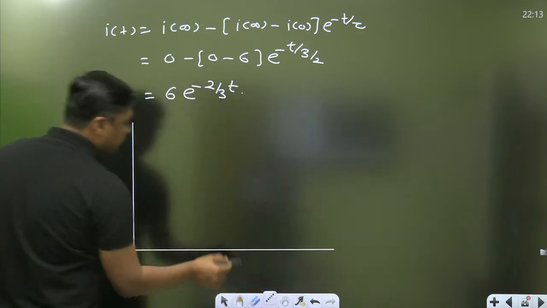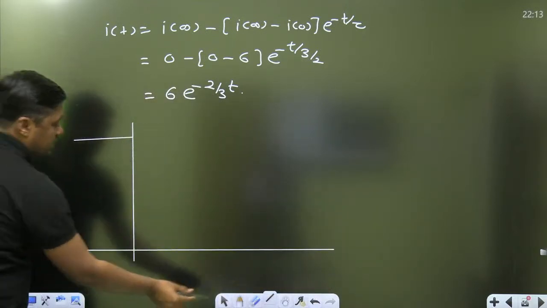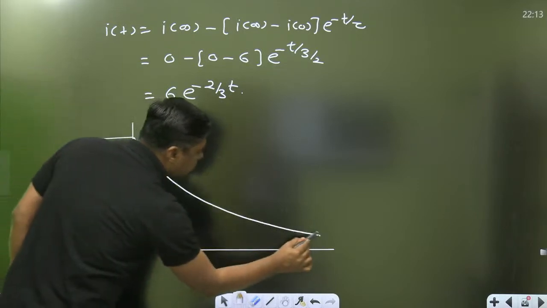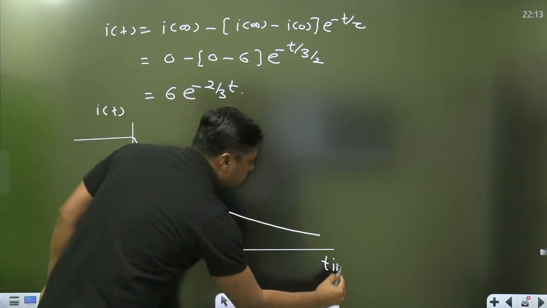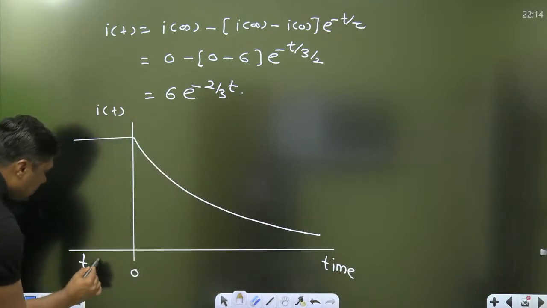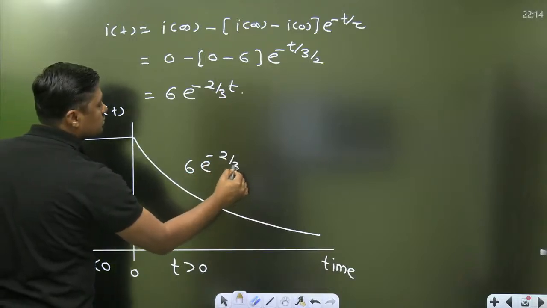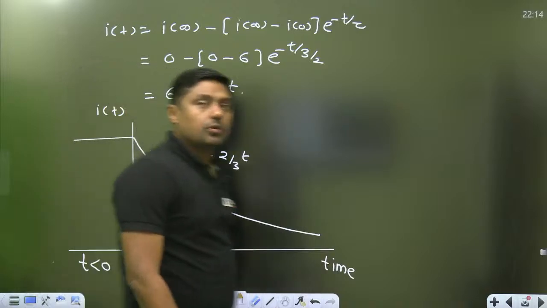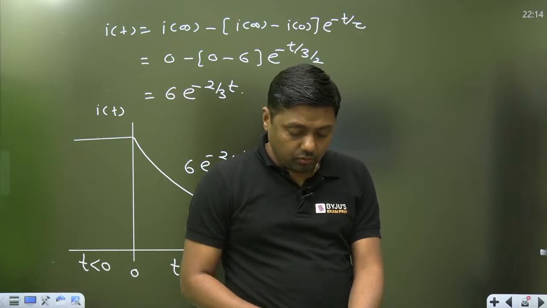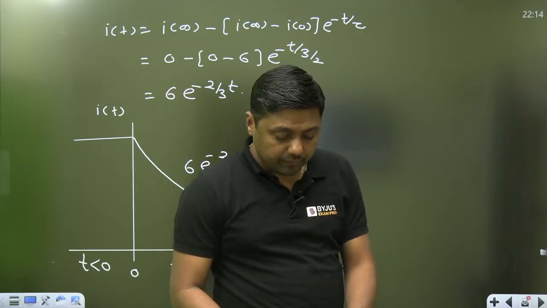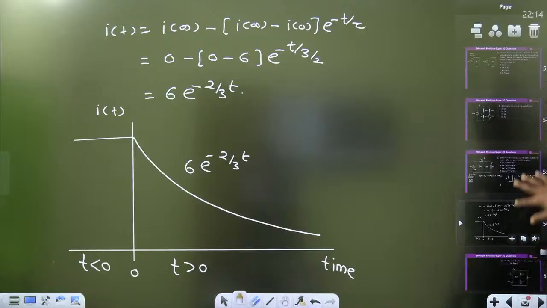Now we are having this value for t less than 0, that is represented by this, and after that an exponentially decreasing function. This is the initial current, this is I(t), this is the time, that is 0. This is for t less than 0, this is for t greater than 0. Exponentially decreasing function. Okay, so they may ask what curve, they may ask what initial value, final value, steady state, time constant. Okay, don't disappear, there are still 2-3 more questions to discuss, after that this session will be done.